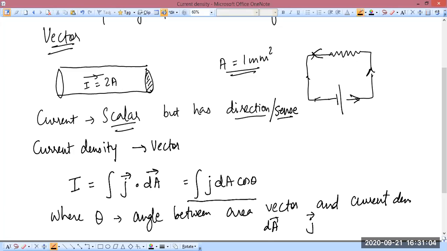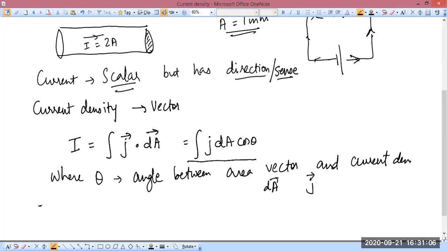All right, so if current density is uniform, right, if current density j vector is uniform,